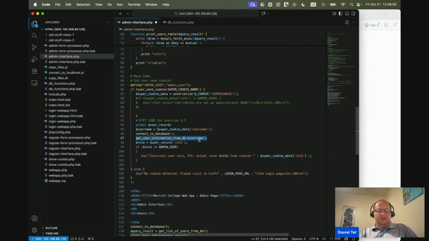And once we've got the user record from the database, the whole user information gets stored in the user record. From the user record, we extract the role out, stick it in the role variable, and then we check if the role variable that we just extracted from the database this time is the same as the administrator. Here we check the super cookie against the administrator. Here we're going to check the role that came from the database against the admin user, and only then